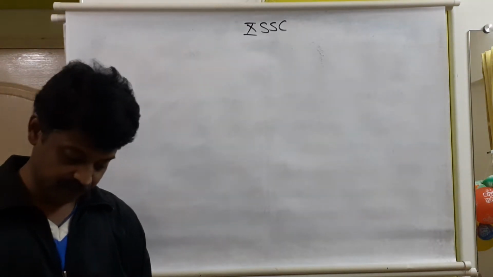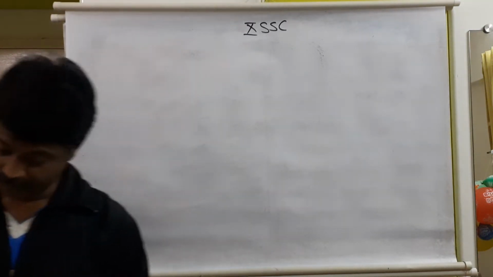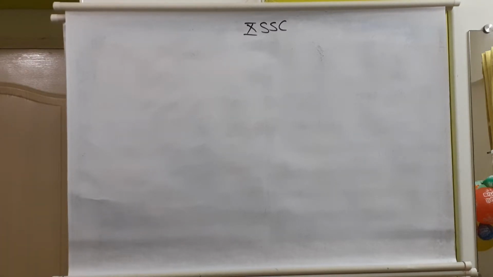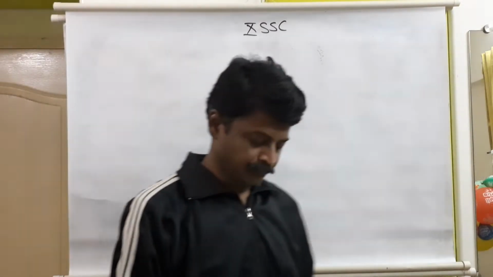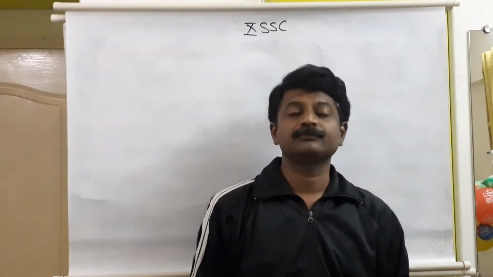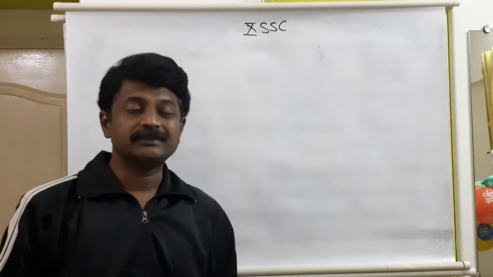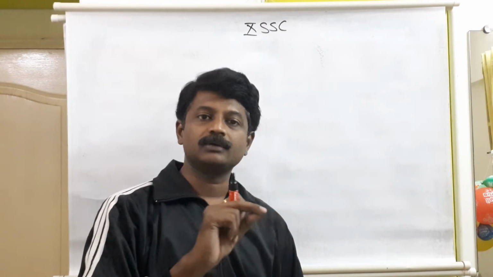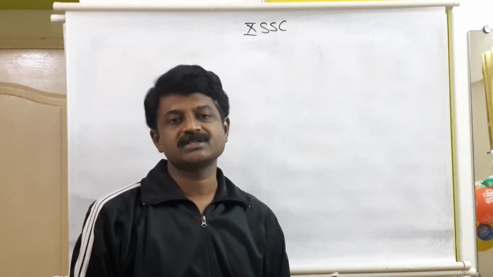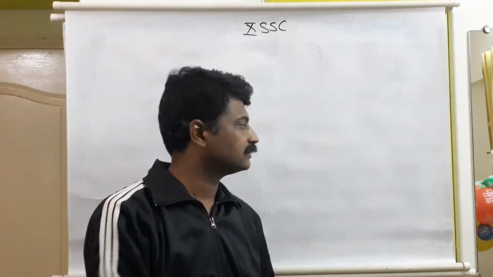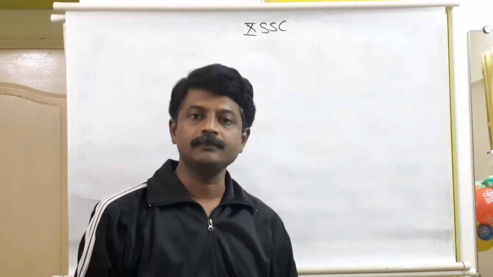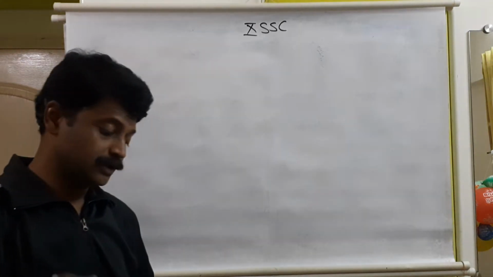Page number 163, practice set 6.6. In practice set 6.6, there are a few questions which are based on the pie diagram. So first we need to convert the given information into angular measurement, the measure of the central angle for that particular given data, and then we can draw it in the circle.